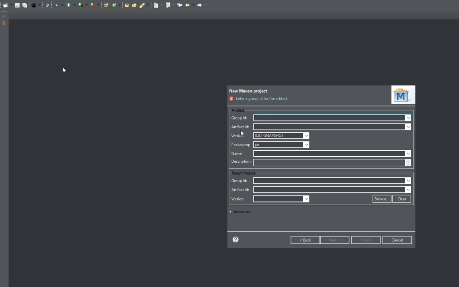Okay, so group ID, artifact ID, version, packaging, name, and description. I'm going to start off with the group ID. The group ID is essentially your main from Bukkit, if you remember that from the plugin.yml file. So I'm going to have it as org.test, because I lack creativity. And the artifact ID is your plugin main. So in my case, it's literally got to be PluginMain. Just click finish, and you'll have a brand new spanking plugin in your